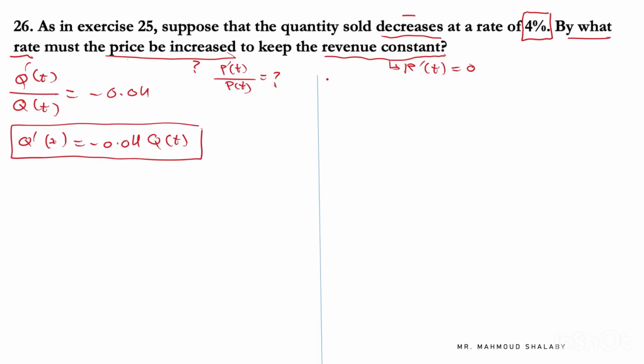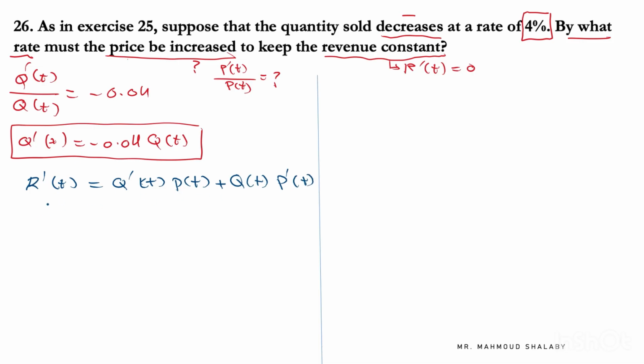If it's decreasing, it will be negative. If it's a 0, it's neither increasing nor decreasing, which means it's a constant, or it's a 0. Nothing will change. Now, to solve this question, I will go back to r prime of t equals q prime of t multiplied by p of t plus, again, q of t multiplied by p prime of t, using the product rule